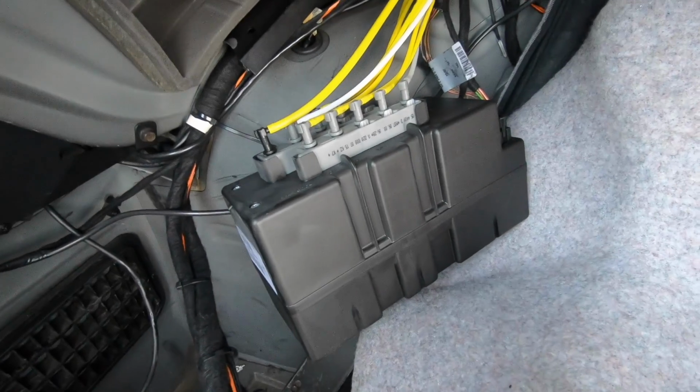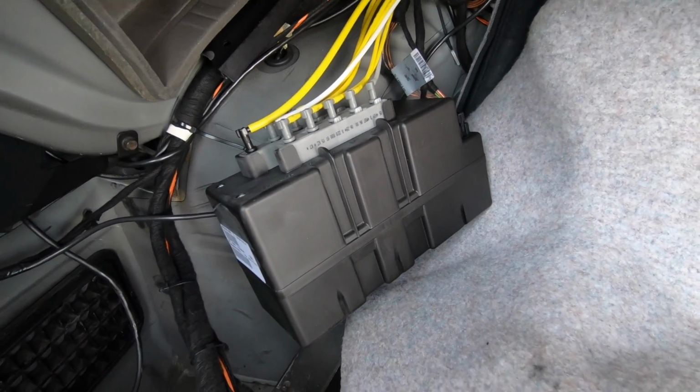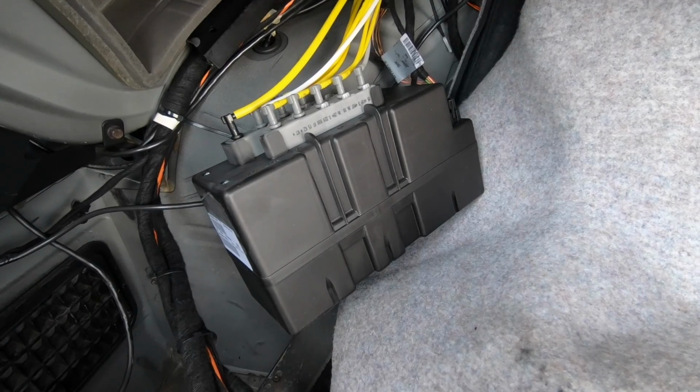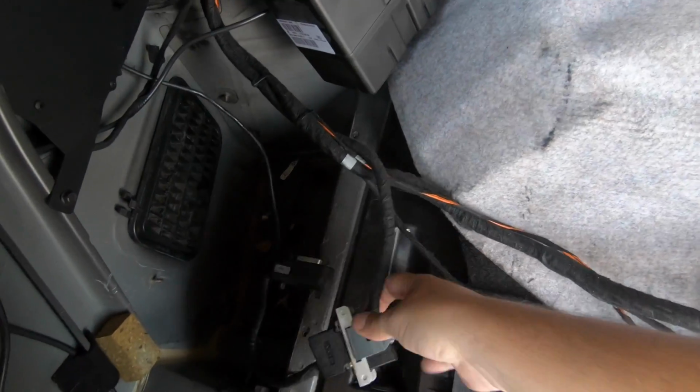I believe, as many of you suggested, this vacuum pump or whatever it is, air pump, something, I believe this thing has just gone kaput. So I'm pretty sure we're going to need another one. The fuses are all good. I've checked. But I do want to ask if anybody knows off the top of their head what this cable